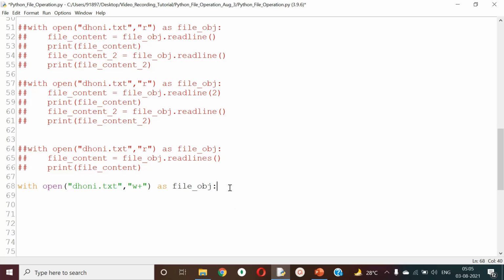First, what is the operation? Write operation. So file object dot write "Asia". So what happened next? You need to read this: file object dot read, and then you print the file content.